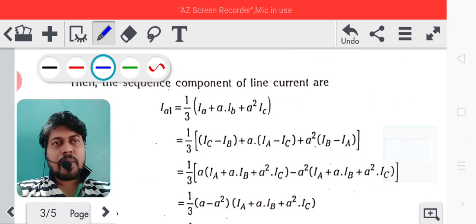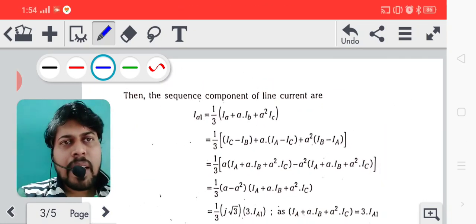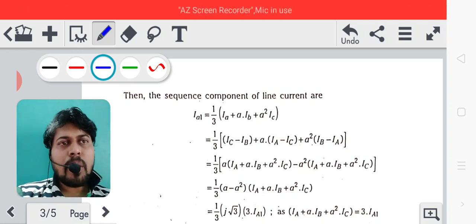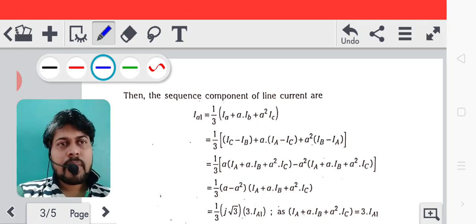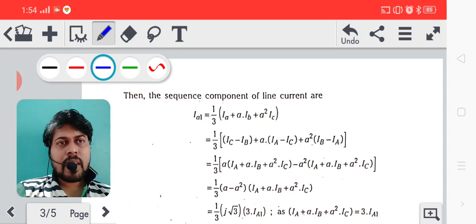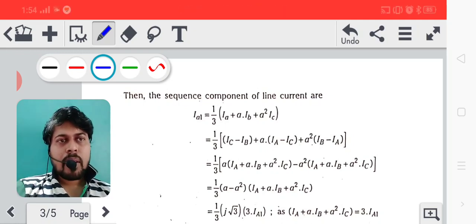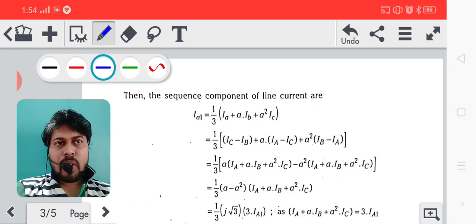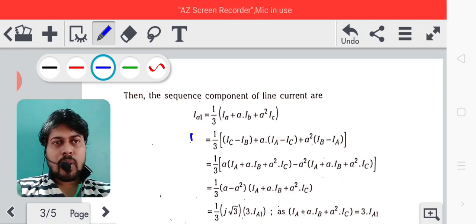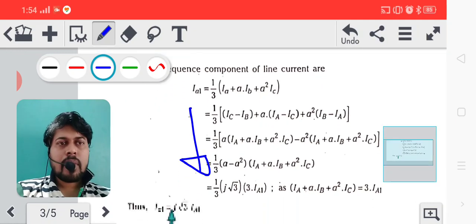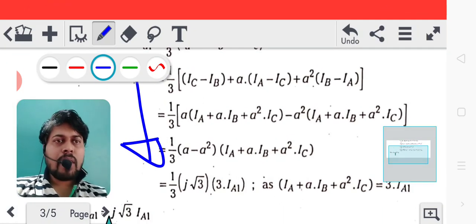Using these expressions, I can write the sequence components of the line currents: IA1 equals 1 by 3 into (IA plus A IB plus A square IC). Substituting the expressions for IA, IB, IC and solving further, I will get IA1 equals